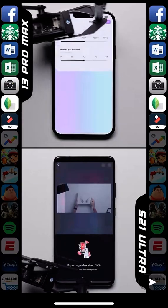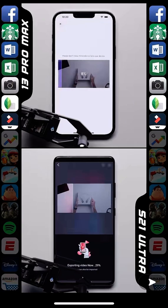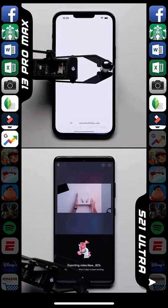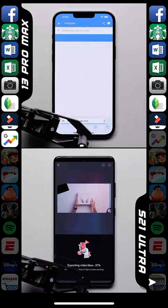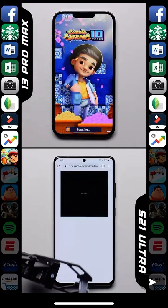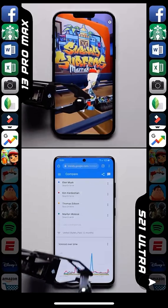head start on this video export task, with the Galaxy completing 26% of it before the iPhone even starts. But that didn't seem to matter, with the iPhone just ripping through the exports, taking the lead for the first time in this speed test. Now, that video export task kind of backs up Apple's claims with the A15 Bionic chip, but the thing is,